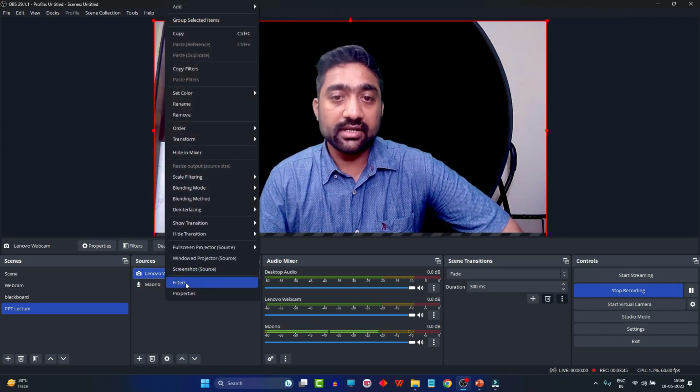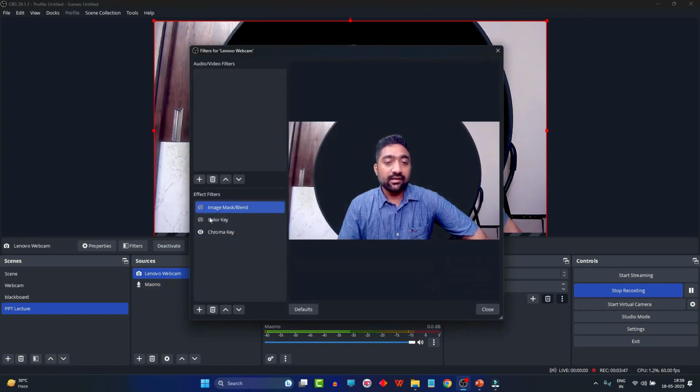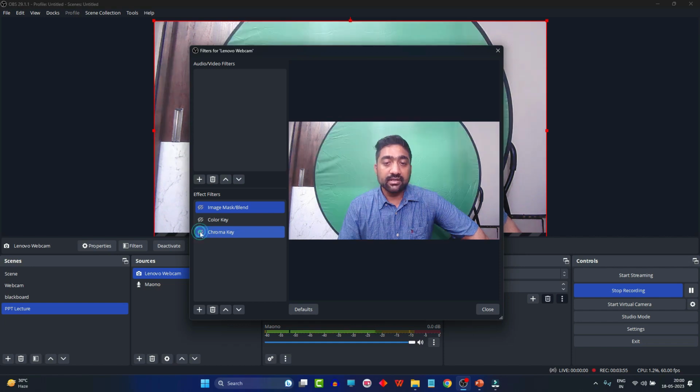Go to filters, that is right click, and you would see there are three filters being added. At this point of time, the chroma key is active. So if I click on this, you will see magically this is the green screen which appears on your screen. So this is the green screen which I am using. I have already mentioned about it in the previous video. You could check out the previous video for the detailed explanation of how a green screen works inside OBS Studio,